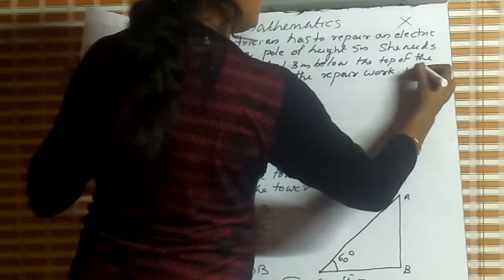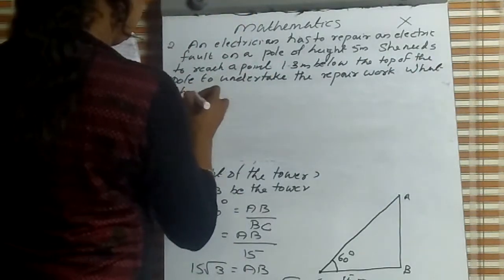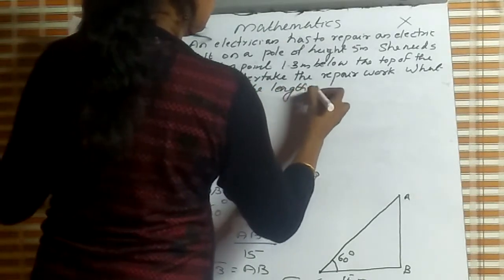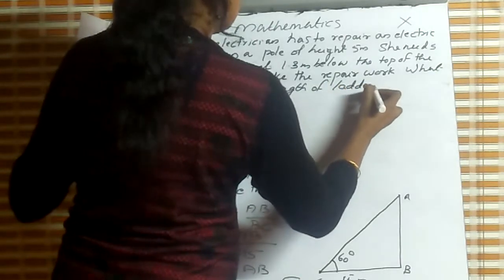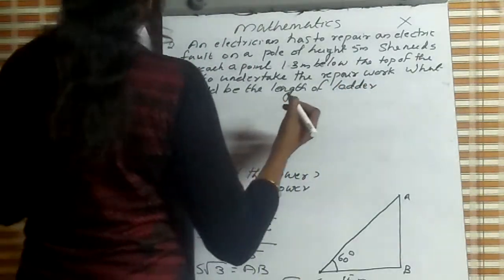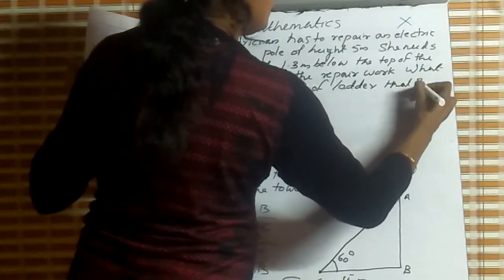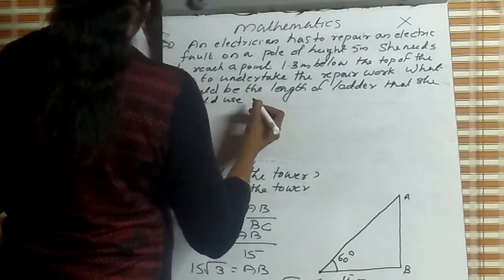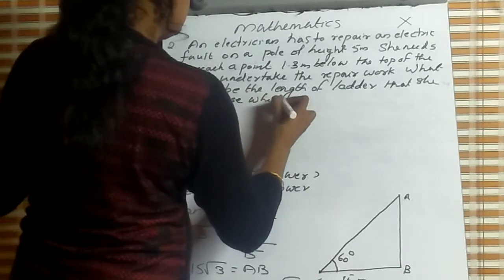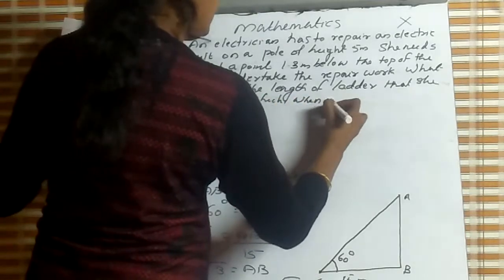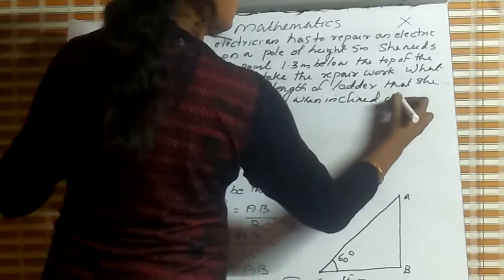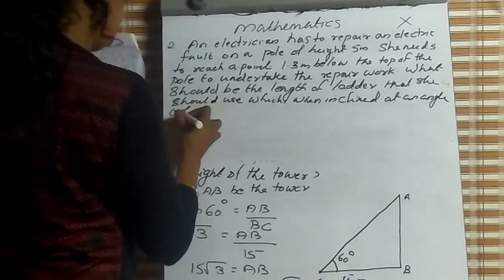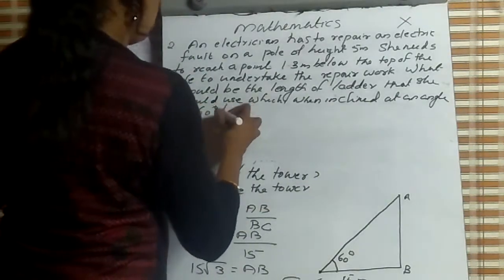What should be the length of ladder that she should use, which when inclined at an angle of 60 degree to the horizontal,